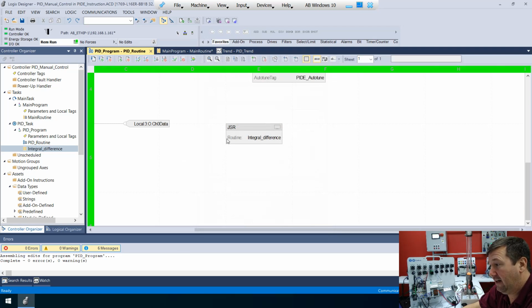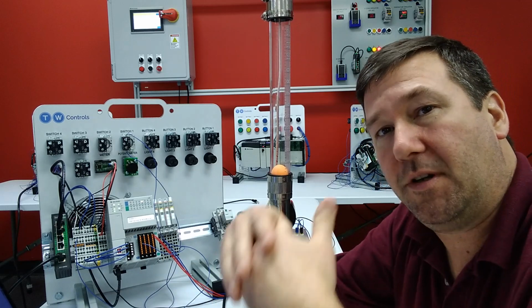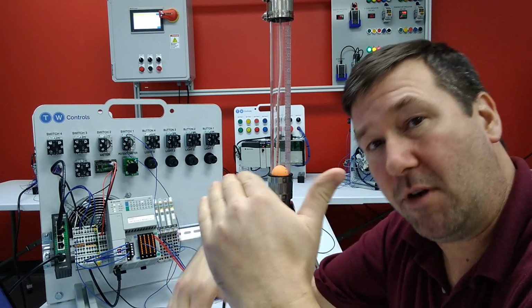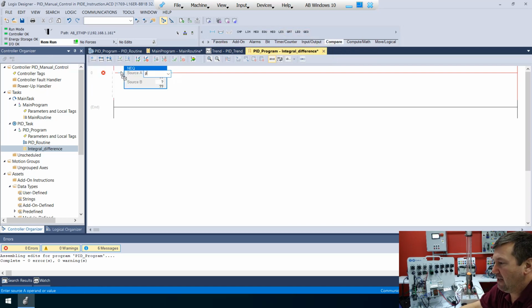Okay, and now this little root JSR right here that's not actually connected to anything is calling this integral difference program. So now we're going to look at the current integral compared to the previous integral. We're going to go to our Compare tab, and bring down a not equal to instruction, and we're going to look at the PIDE